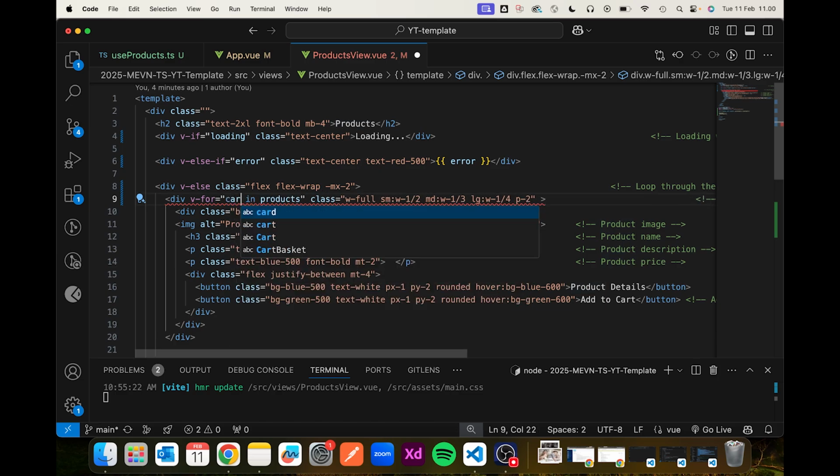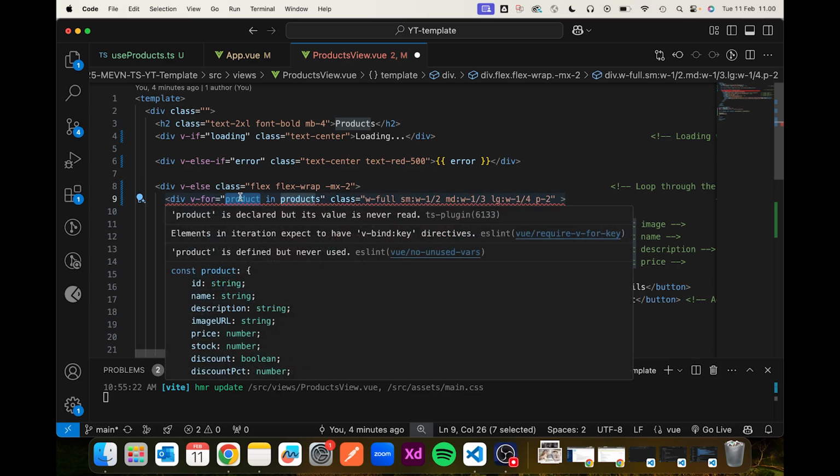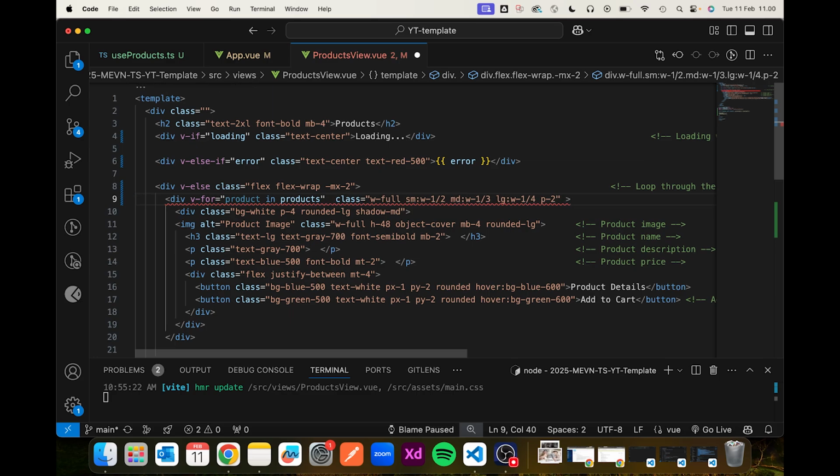You can name this whatever you want. The usual consensus is when you have more than one item, you add the plural for this one, right? So products, and then over here it will be product for each iteration's name. So for each time it goes through, it will be named product. When using these for loops,